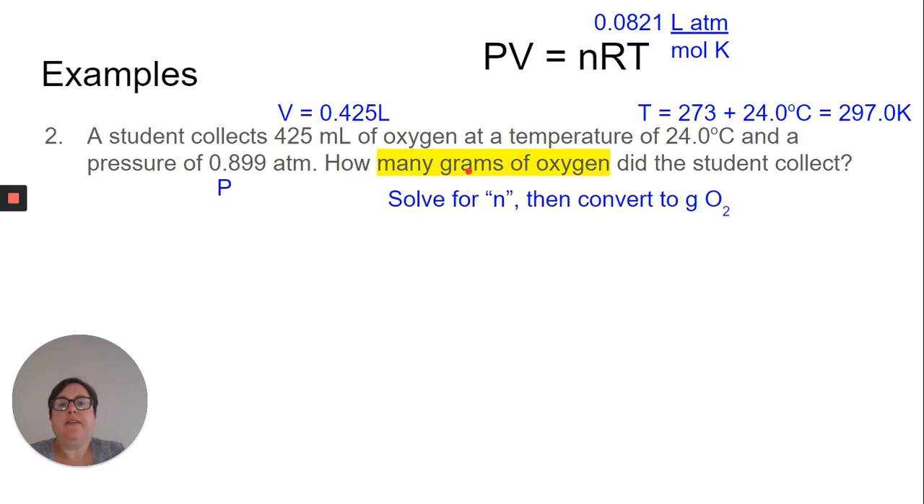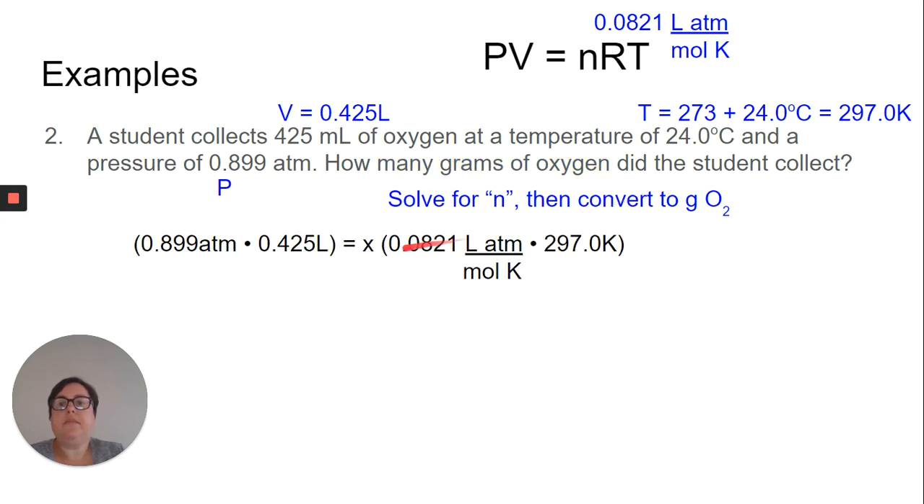So when it says how many grams, that means we're going to solve for the N in PIV-NERT, and then we're going to convert to oxygen. So first we're going to plug in our values. This time we're looking for N, which is on this side of the formula. So we want to get it by itself, which means we're going to divide by our R value and our temperature,